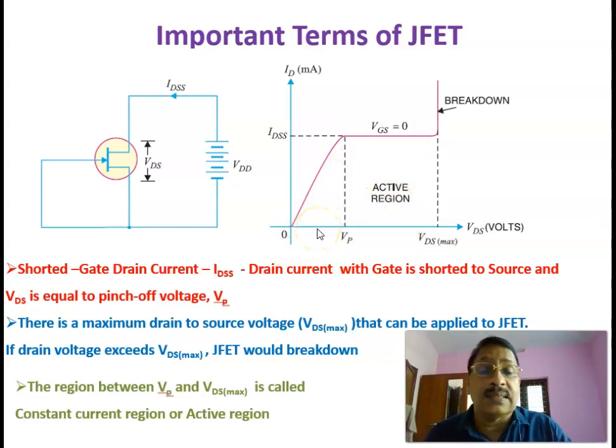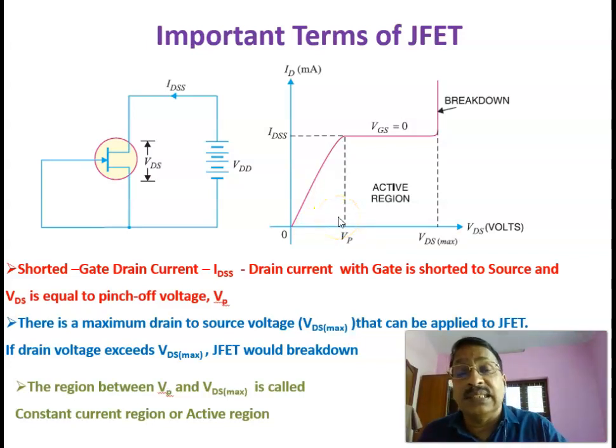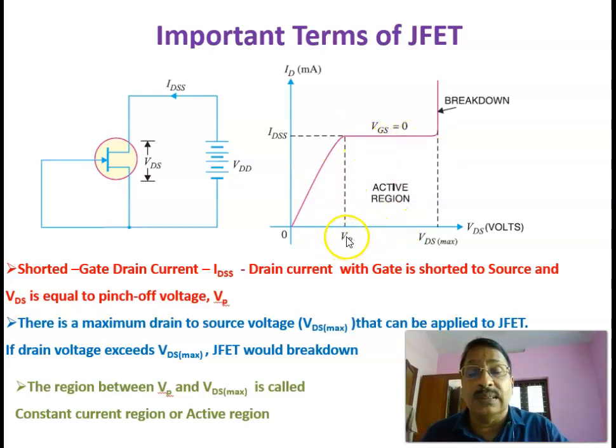But as we have explained in the introduction, the channel width is getting reduced, and at the voltage where VDS is equal to the pinch off voltage, the depletion region meets at the end of the drain side, and then the current saturates to a value equal to IDSS. After that, the current is constant. Even though the drain to source voltage is increasing beyond VP, the current is a constant saturated value, and there's a maximum limit of VDS. You cannot go above a certain limit, that's called VDS max.